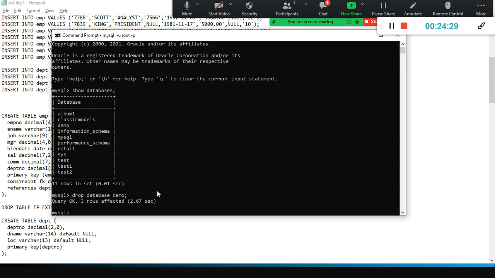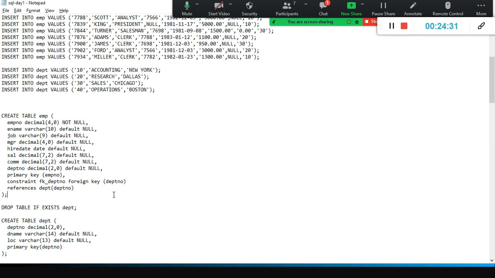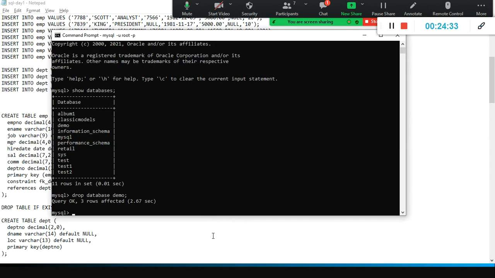Now the question is, can't I store those tables in my operating system in the form of files? Yes, you can store the data in the form of files in your Windows operating system, but it is not secure, and also it is not relational, right? You need to establish a relationship between one table and another table.